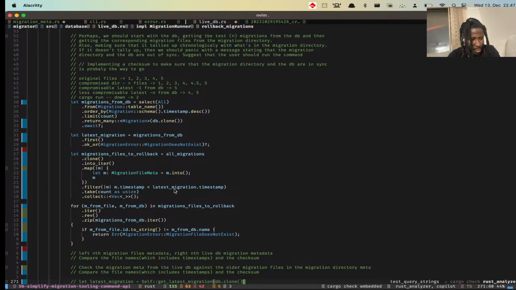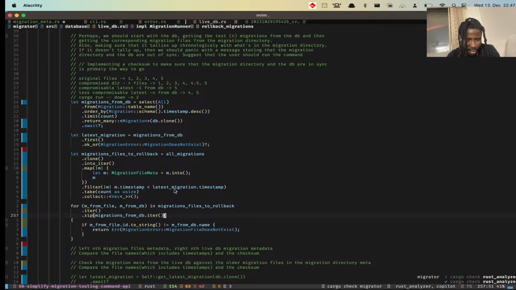But I don't want us to reverse that. How do you want to do that? So we have the migration files to roll back, and then we have the migration from DB, and then we want to iterate over them. So we're gonna compare. We're gonna do checksum verify,